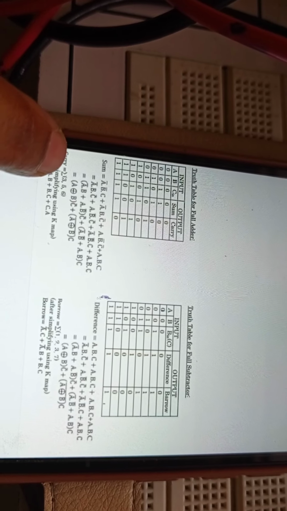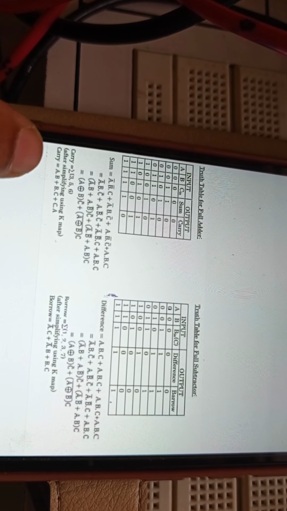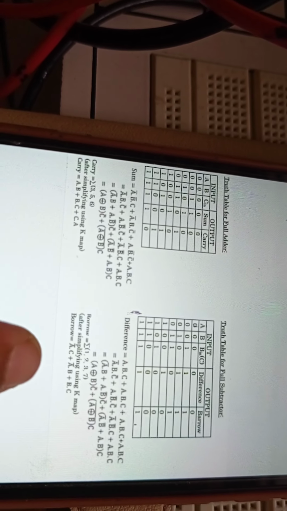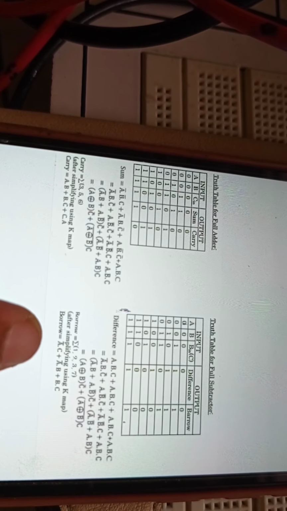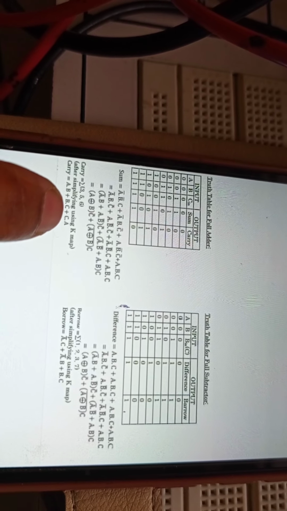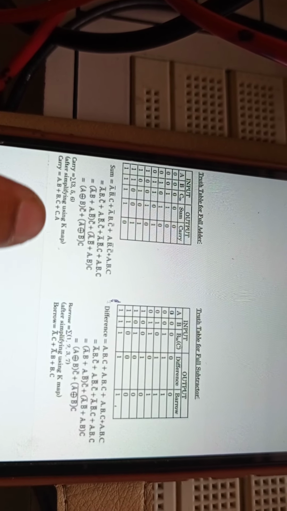See, for sum: A exclusive OR B into C bar plus A exclusive OR B whole bar into C. Same is for difference. And for carry: AB plus BC plus CA. But for borrow in the full subtractor: A bar B, A bar C, and BC.